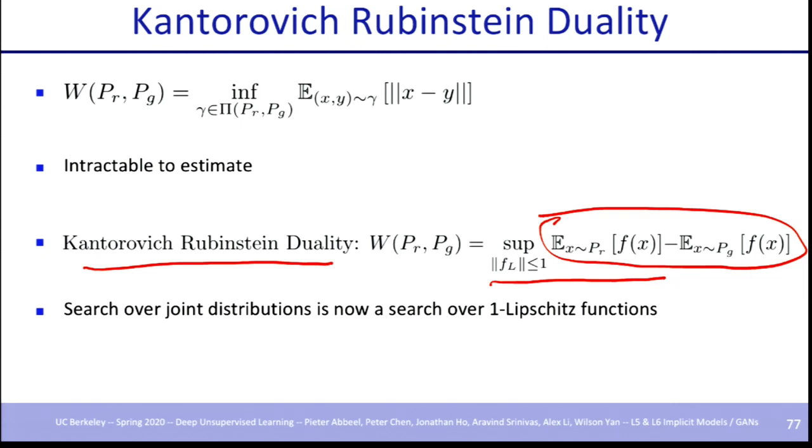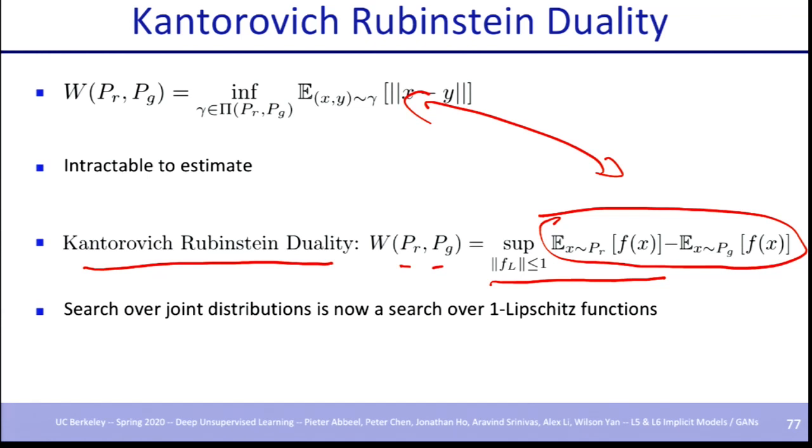You have an expectation over independent distributions, where this is an expectation over P real of f of x, and this can be defined with any PR and PG. I'm just using P real and generated so that you get the connection with the GAN. So expectation over x from PR of f of x, and expectation over PG of f of x, where there are various different f's possible in the family of one-Lipschitz functions, and you want to take the supremum over all those f, and that's the dual version of this particular infimum term. It's still intractable, right? Because you're not going to be able to enumerate over all possible one-Lipschitz functions.